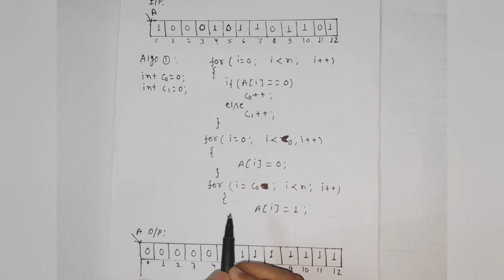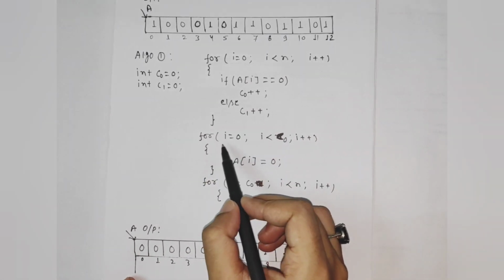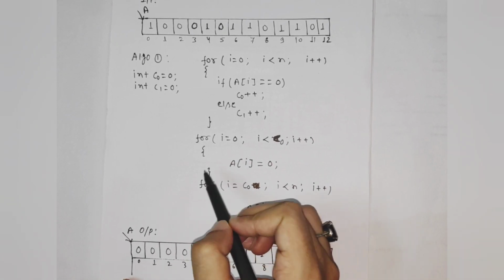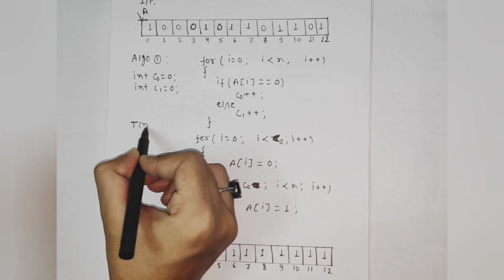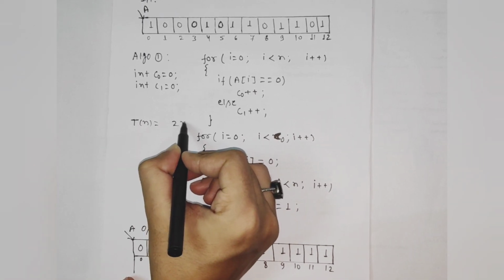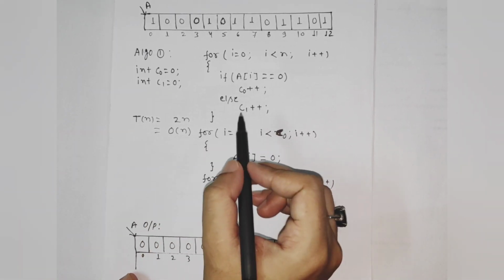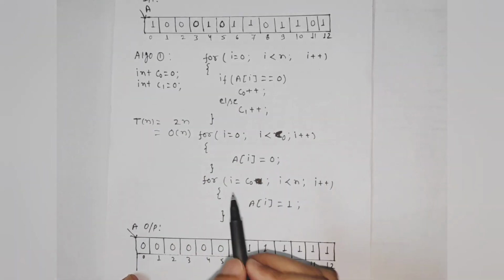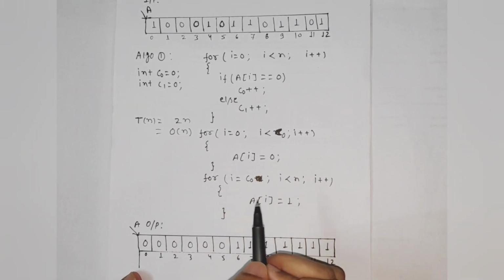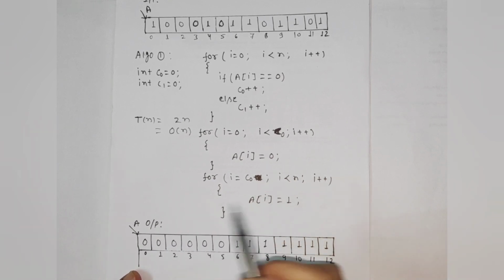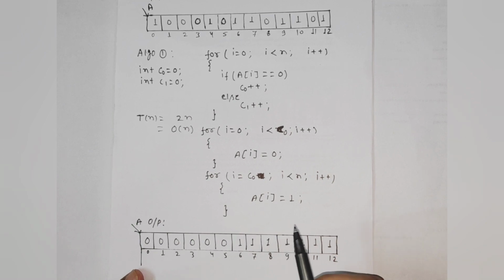Now let's see the time complexity of this program. Here this for loop is running n times and both these for loops combined are running n times. So the time complexity will be T(n) equal to 2n, which will be order of n. But we are traversing this array twice. Suppose your interviewer asks you to do this segregation in one iteration, then you have to think of another approach. So now let's see how we can do this in one iteration.